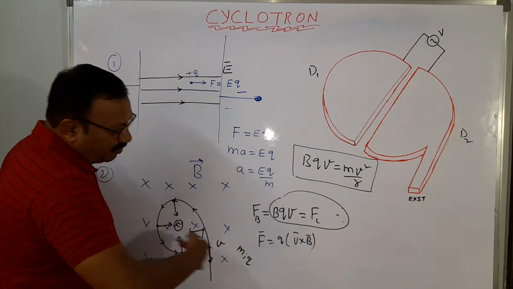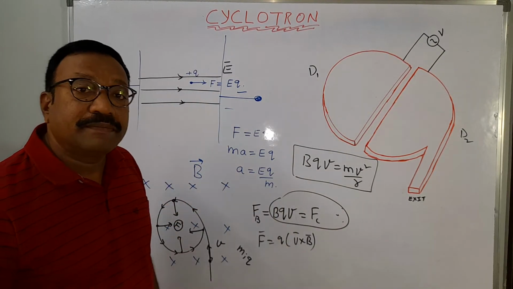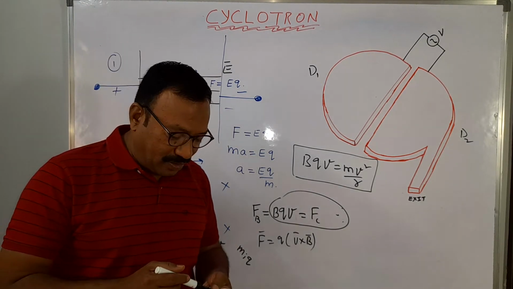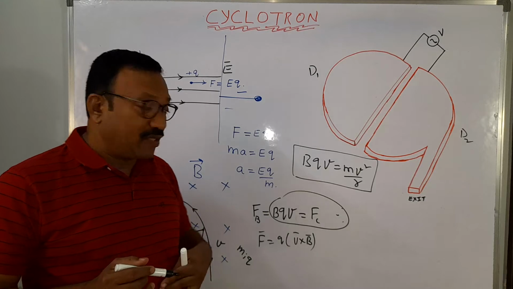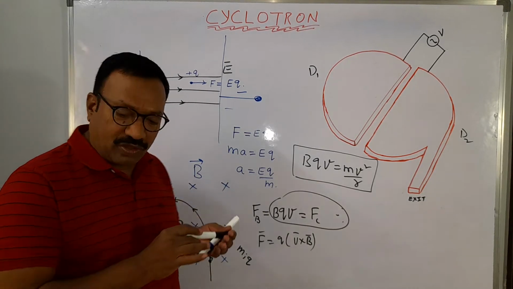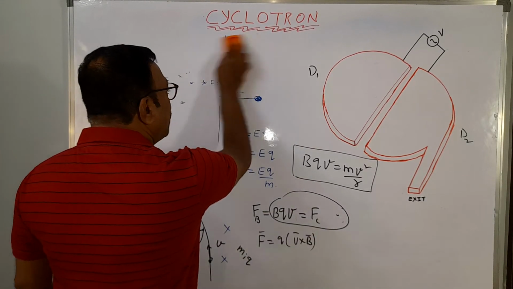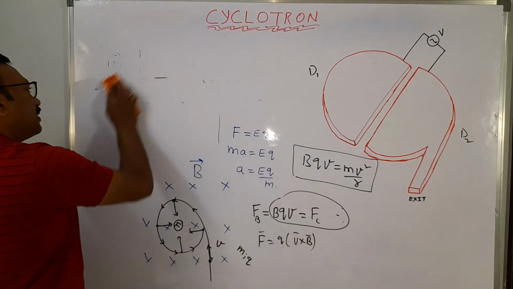So this is another piece of information you are supposed to know here. We would like to accelerate the particle using a cyclotron. This is information one has to know. We will be using these expressions also in the case of the cyclotron. So let us come to this cyclotron. You can see the diagram of the cyclotron.